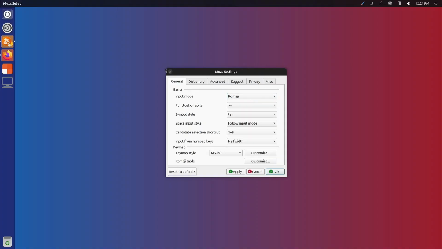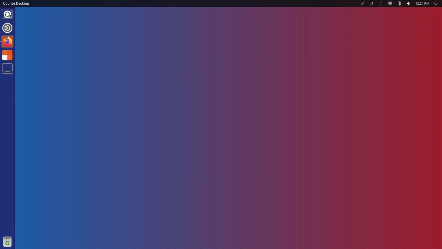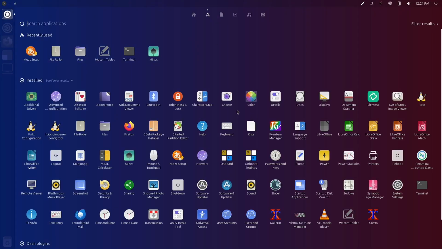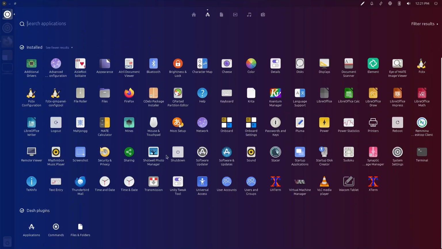Oh, this is for people who use Japanese and Chinese and other such alphabets. Comes with Shotwell, that's pretty cool. Virtual Machine Manager. I never used this. I don't know if it worked well.